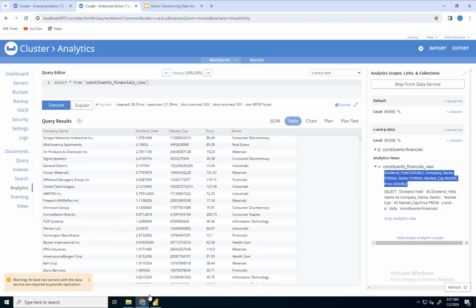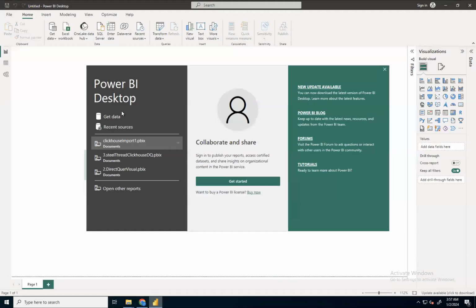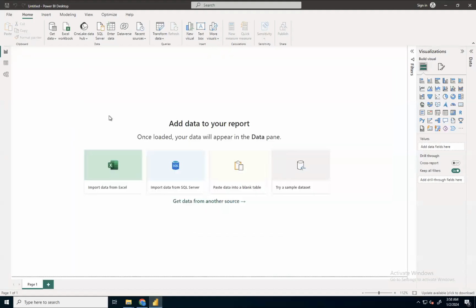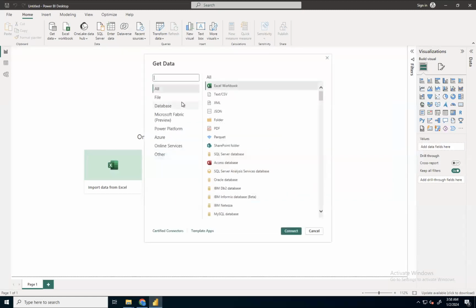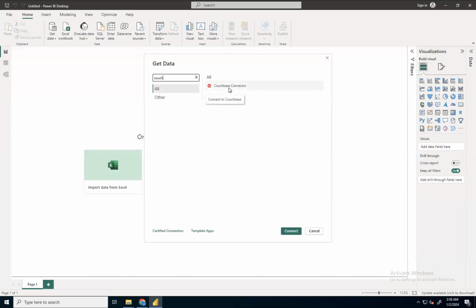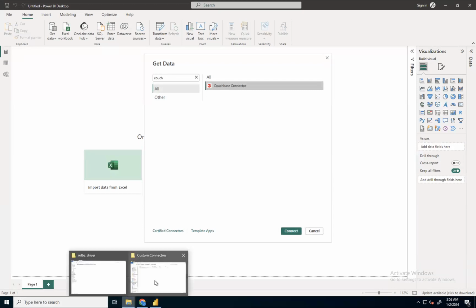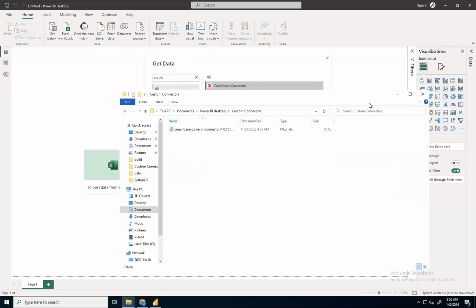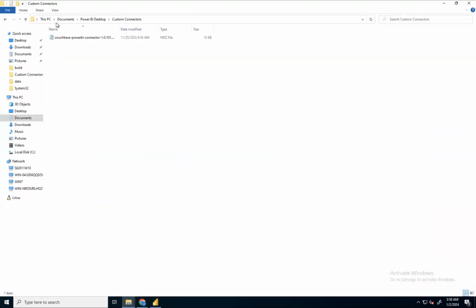Okay. Now I'll go to Power BI, get data. Here, if I type Couchbase connector, this Couchbase connector is present here because I have already installed it in documents, Power BI desktop custom connectors.